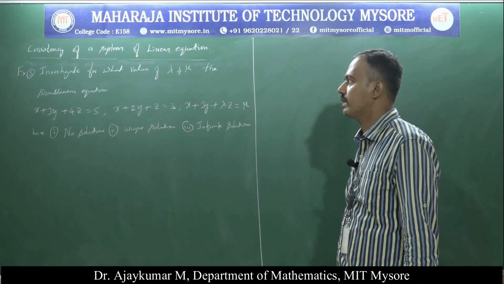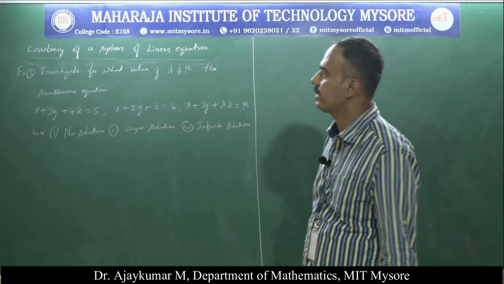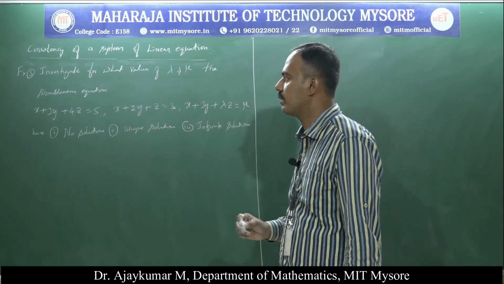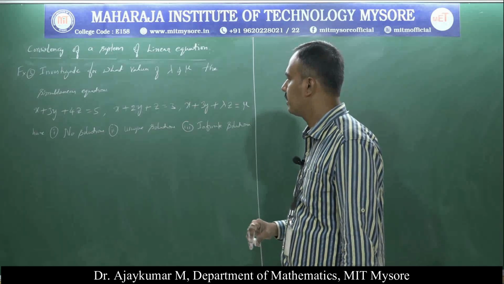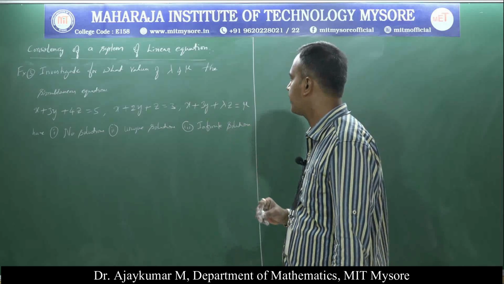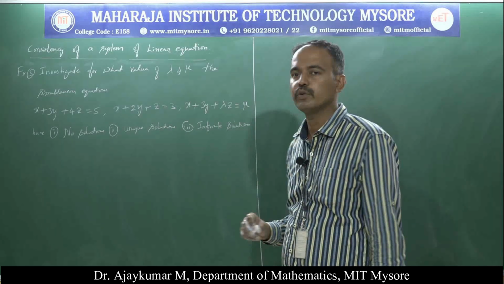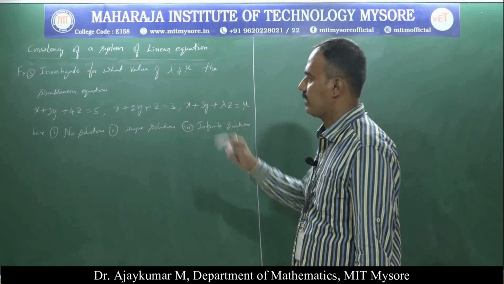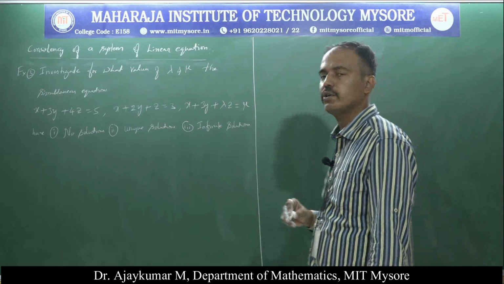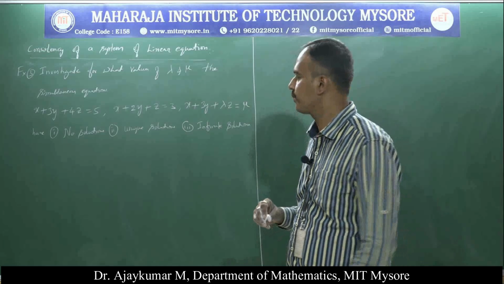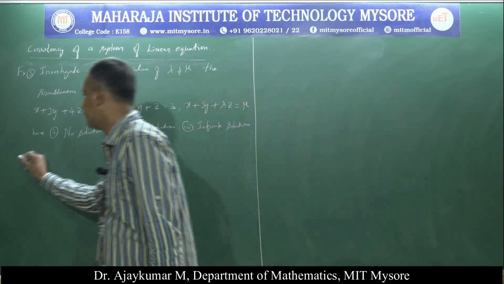Investigate for what values of lambda and mu the simultaneous equations x plus 3y plus 4z is equal to 5, x plus 2y plus z is equal to 3, and x plus 3y plus lambda z is equal to mu have, first, no solutions, second, a unique solution, and next, an infinite number of solutions. Okay, first we can denote this